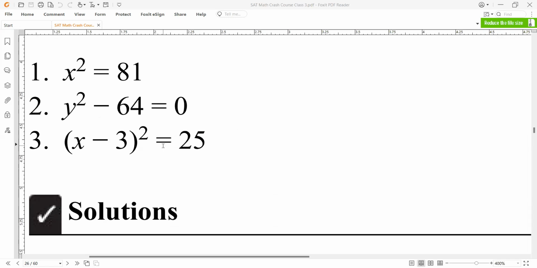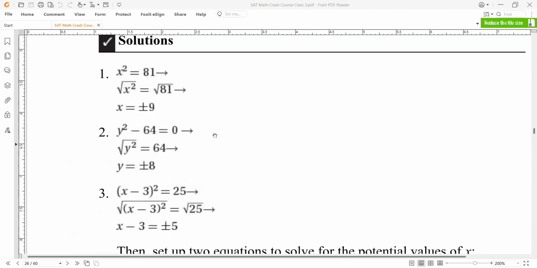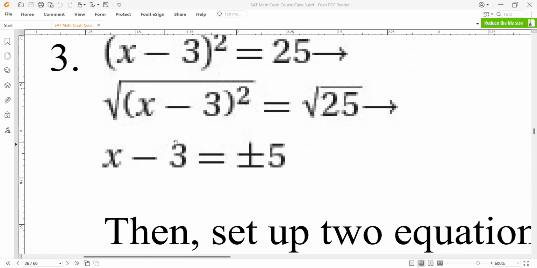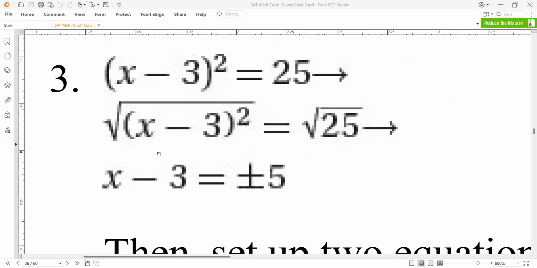x minus 3 equals plus or minus the square root of 25. This is basically plus or minus 5. So x minus 3 is equal to plus or minus 5. So what to do now? We just need to work on